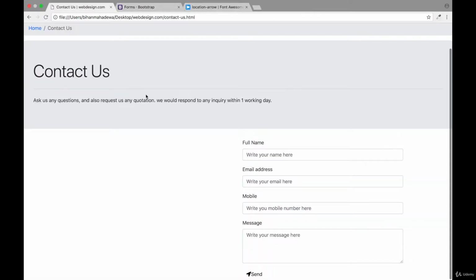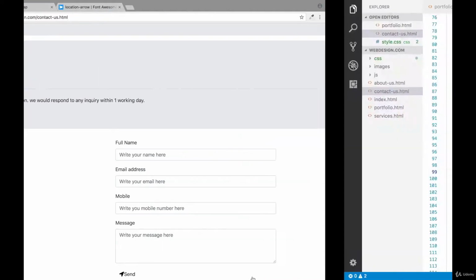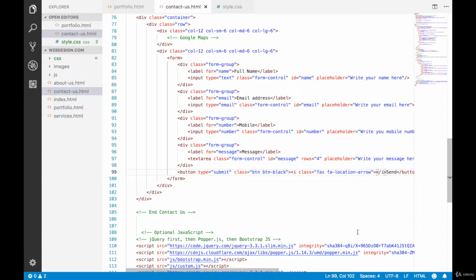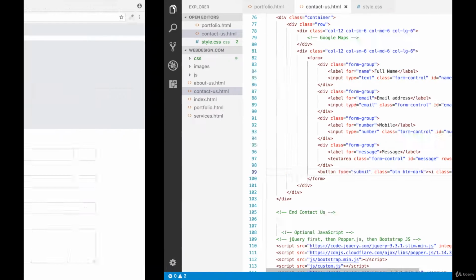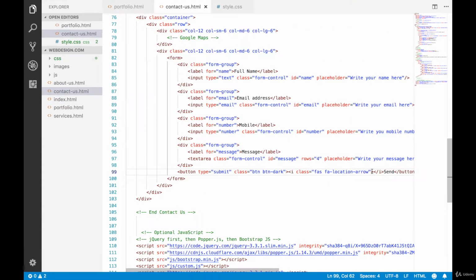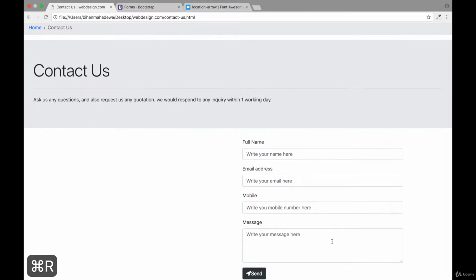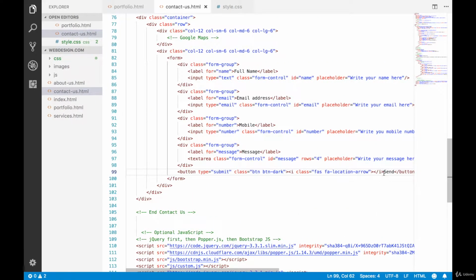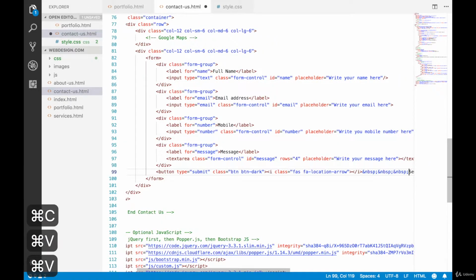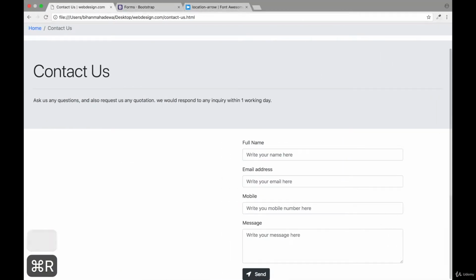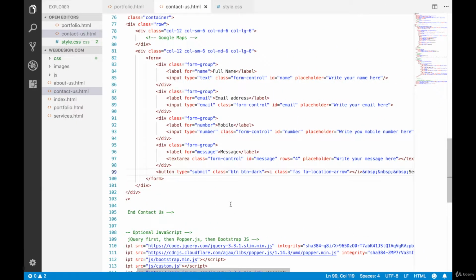This is not actually black, so I'll make it as a BTN black. Okay, and then, oh sorry, this is not black, this is BTN dark. And also let's keep a space right here after the send, an NBSP. Okay, we can have like 3 spaces after that arrow. Yeah, like this. Okay, so for where this data should go, so I am going to teach you another HTML